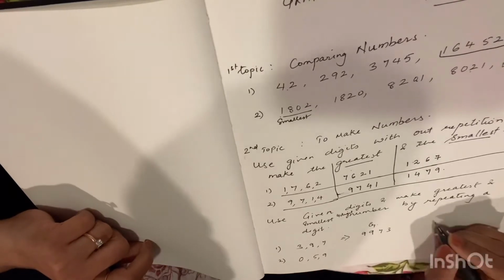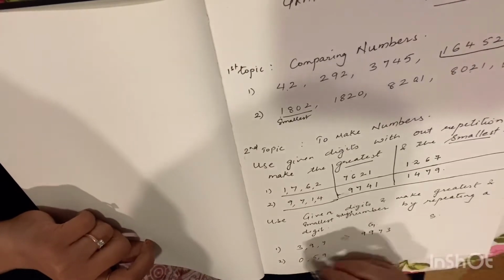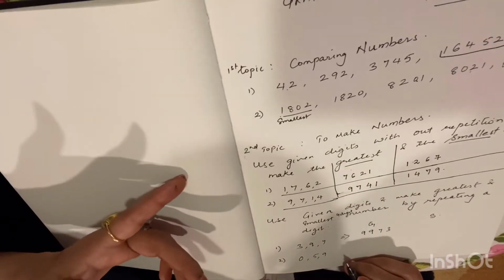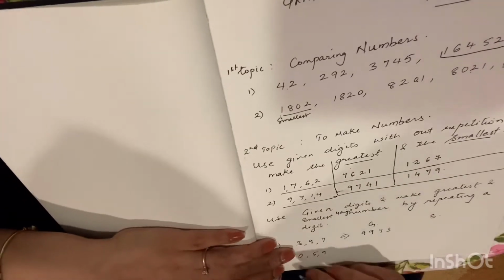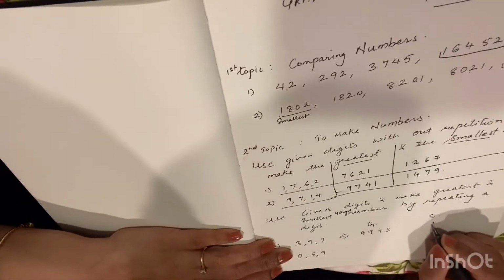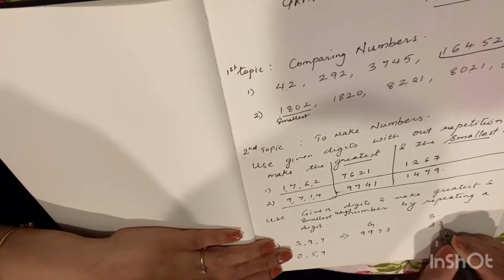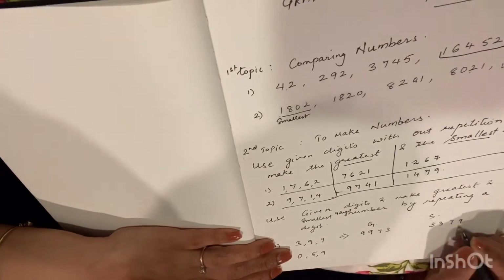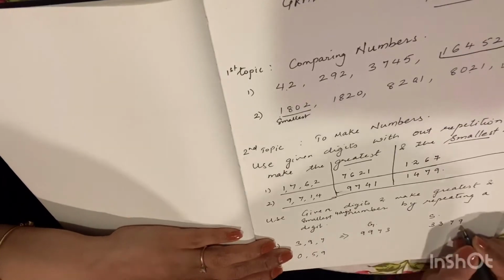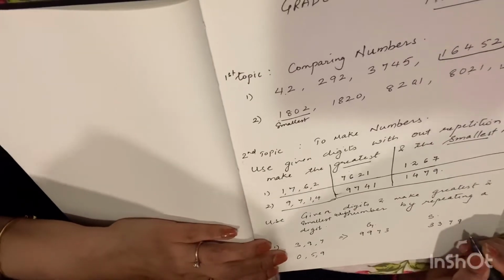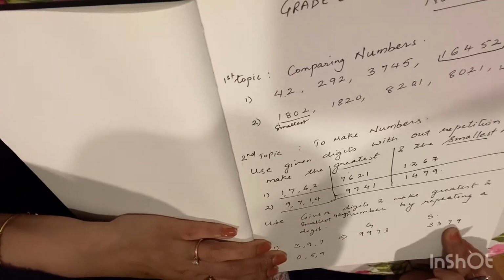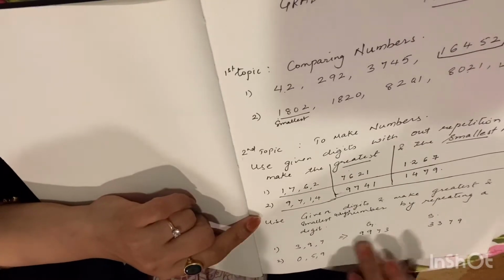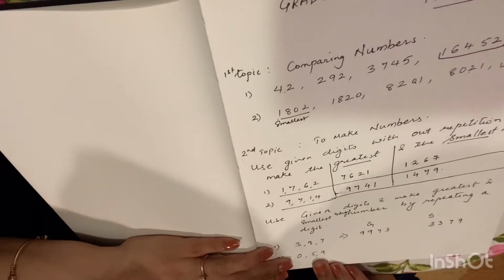Okay, and the smallest number which we can make out of these 3 digits by repeating one of the numbers. How can we make the smallest number out of it? We can repeat the smallest number only, that is 3, 3, and then we can make 7, and the 9, the one which is larger than all the 3 digits, will be at the end. So hence we have made the smallest number and the largest number, repeating one of the numbers in each of them, right?